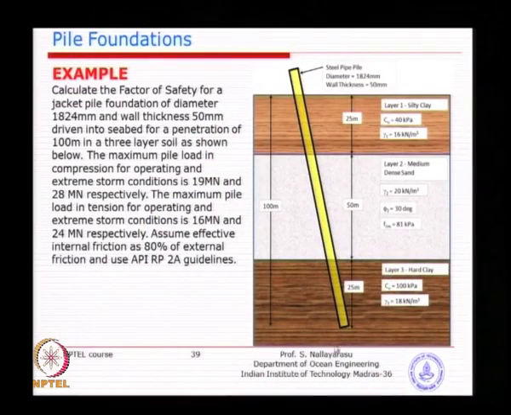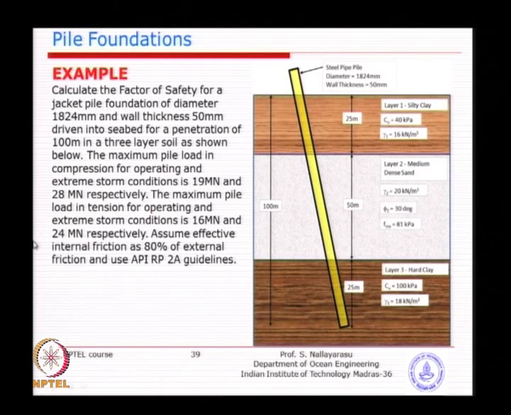And you see here there are 3 layers given to you, 100 meter penetration, and the first layer is predominantly clay, and the second layer is sand, third layer is also clay, but of slightly higher strength. So, you could see the typical pile diameter, wall thickness. Just for practical purposes, I have given one of the recent projects. So, basically 100 meter penetration is a typical number you should remember. Most of the offshore pile systems will be something like this, not very small, not too big, 100 to 150 meters, maybe 1 to 3 meter diameter, any diameter that can occur.